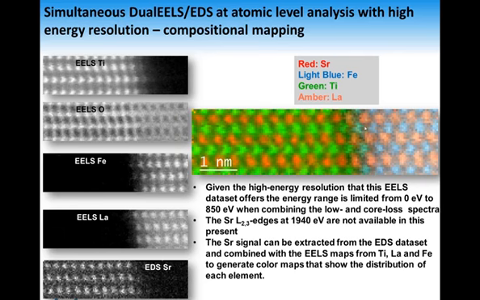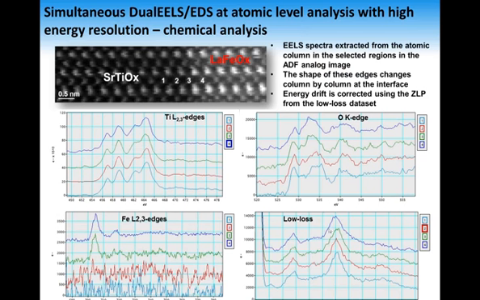Diffusion, elemental diffusion. We want to go beyond that. We want to see what we have. So we come to EELS. These data were acquired with good energy resolution. If you extract EELS spectra from region 1, region 2, region 3, region 4 across the interface,